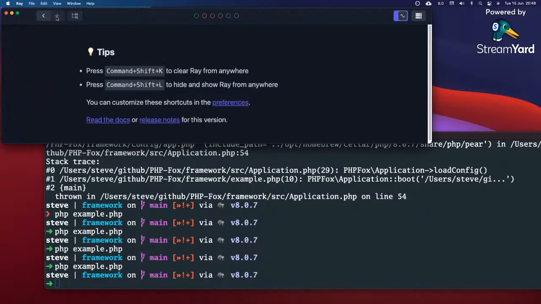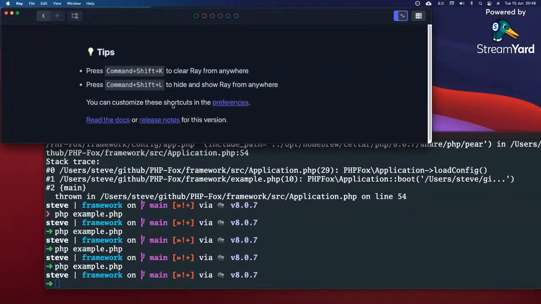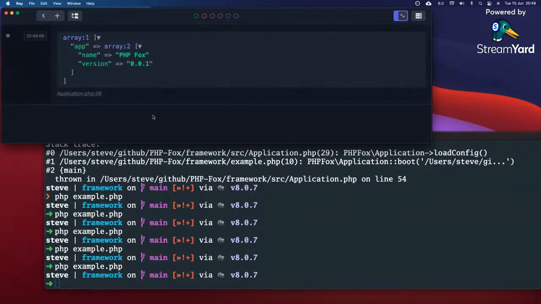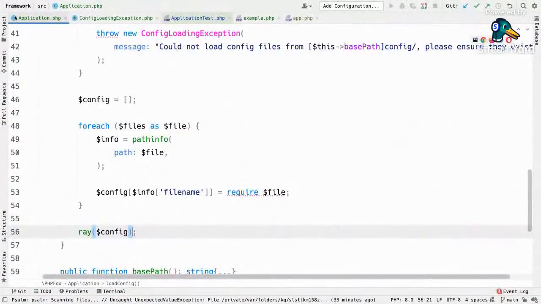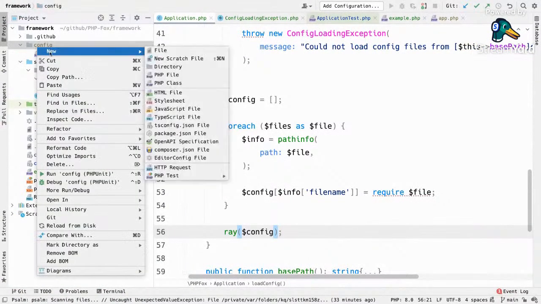Ooh, I can add an extra screen. Command Shift K. For example, we've got app, name, and version. Perfect. So if I add another config file within here, we could do something like